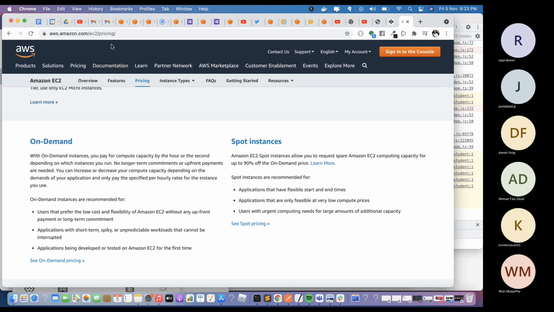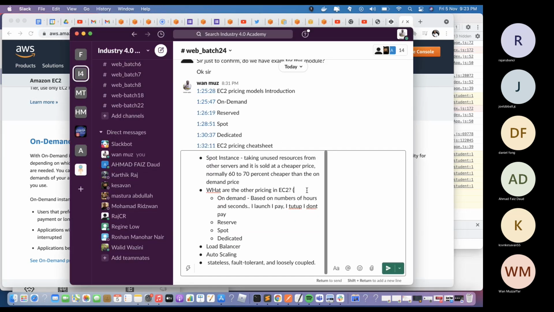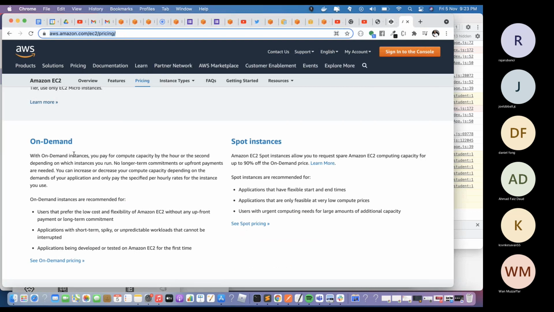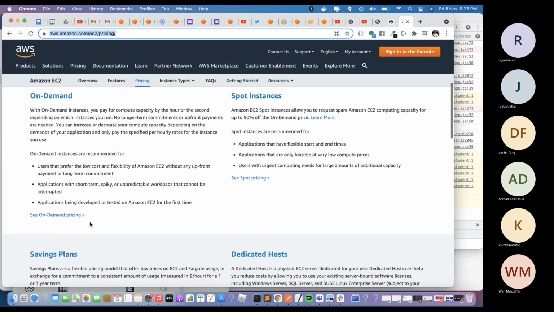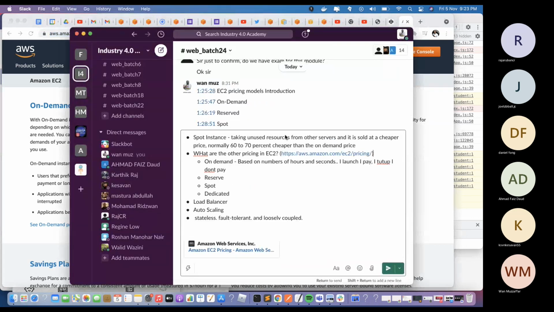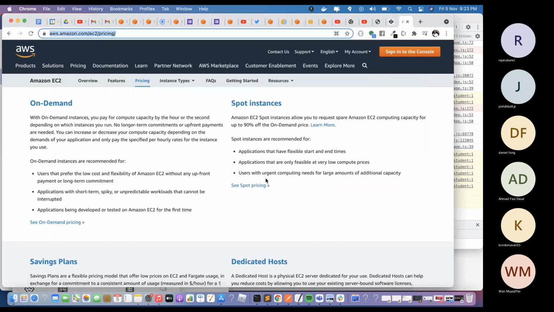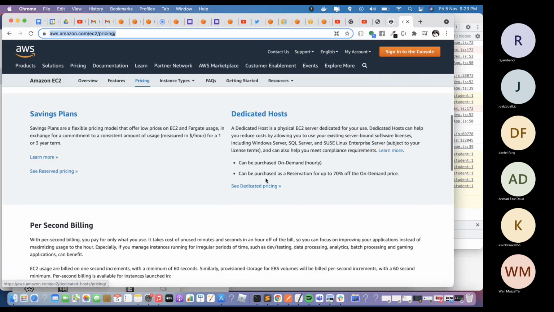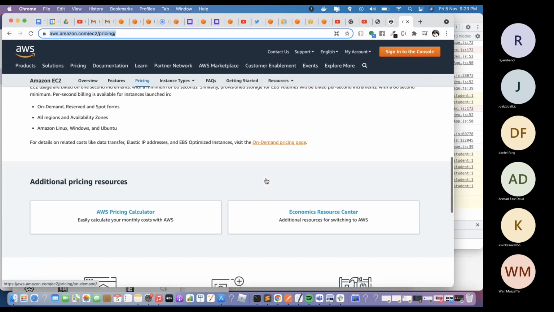So this is the reference. I launch, I pay. I don't use, I don't pay. So this is the most expensive one. Then spot instance. This one we already mentioned, it takes capacity from other servers. Then you have